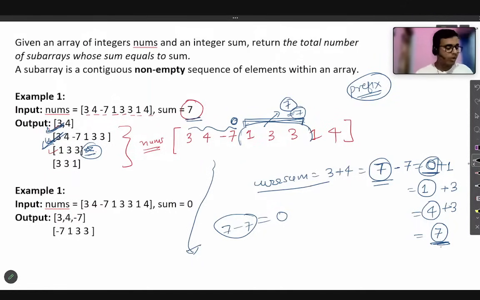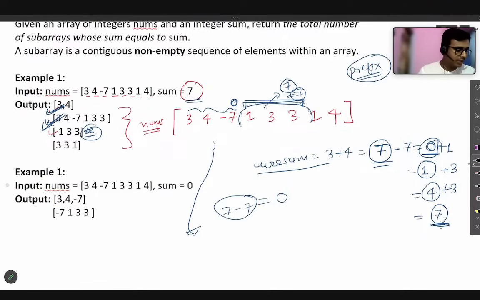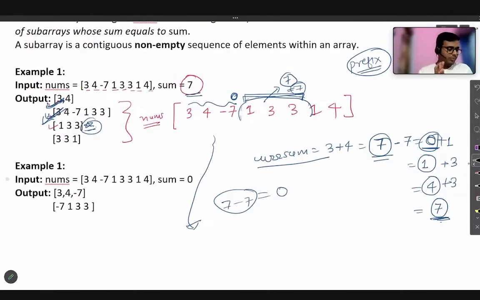I will take all your doubts, if any related to the compiler or anything, after this class ends. But first, let me discuss the logic with you, because this is the most important part, thinking through the logic, okay? Now, you can see afterward, we are going to do a map operation, a hash map operation.